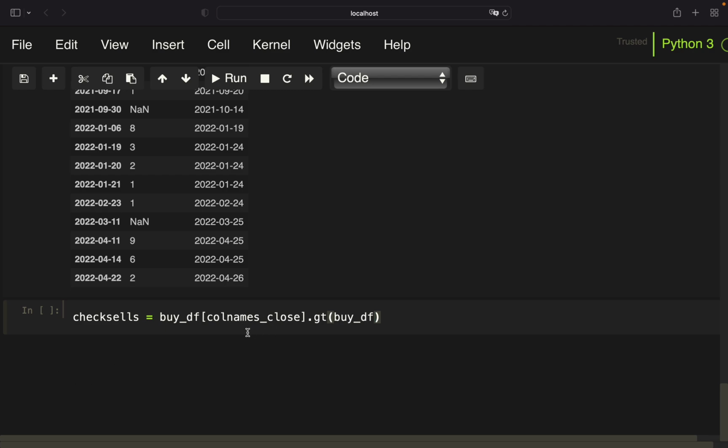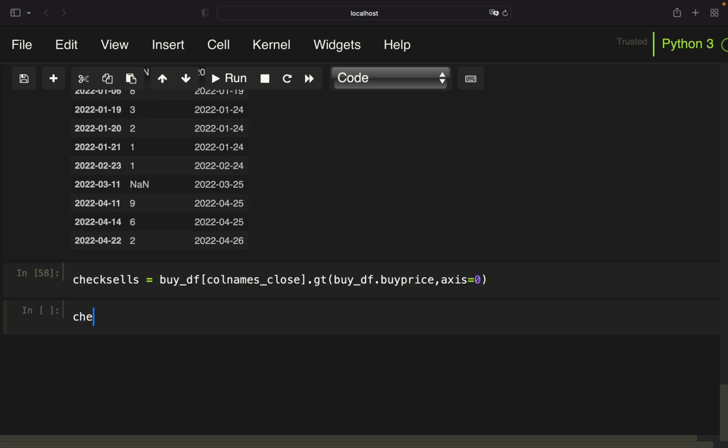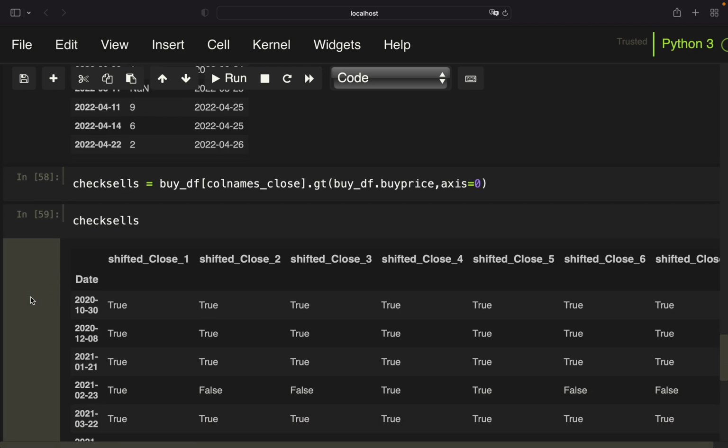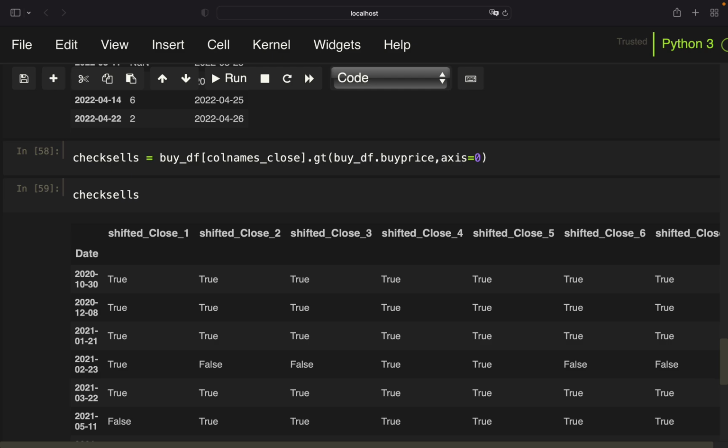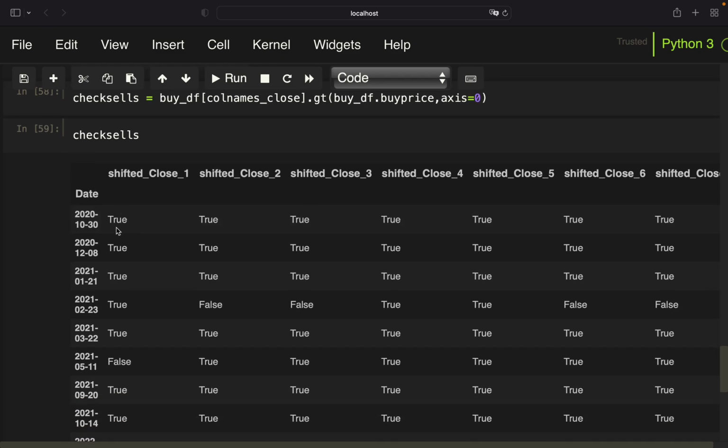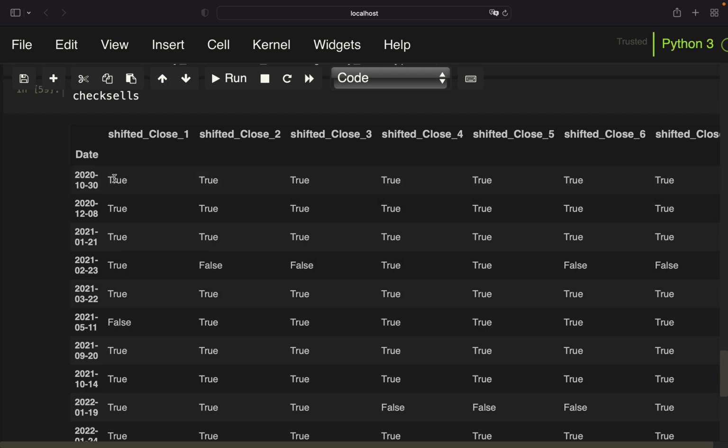So we are checking if the close values here, so the shifted close values, are greater than the buy price, and doing that column-wise. And with this, we are getting a data frame like this again, right? You already know that. So we have true, true. You see for the most cases, the next day's close already